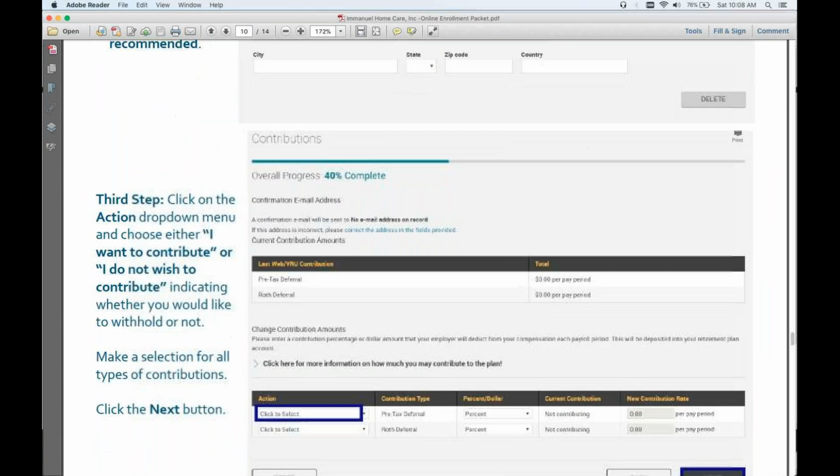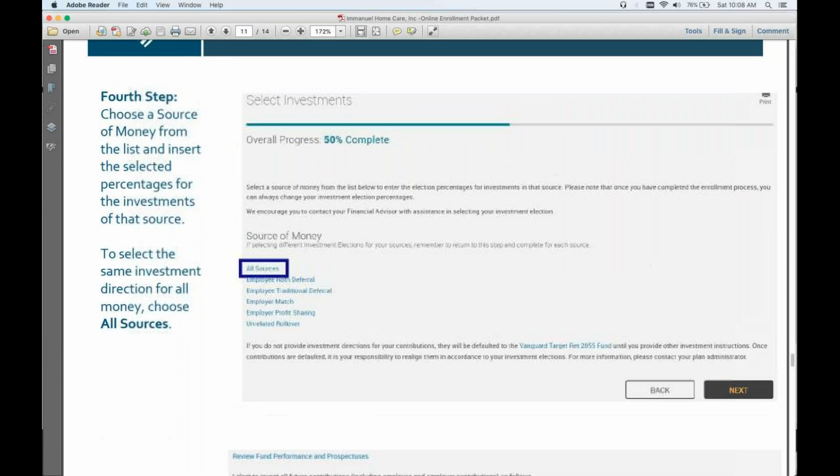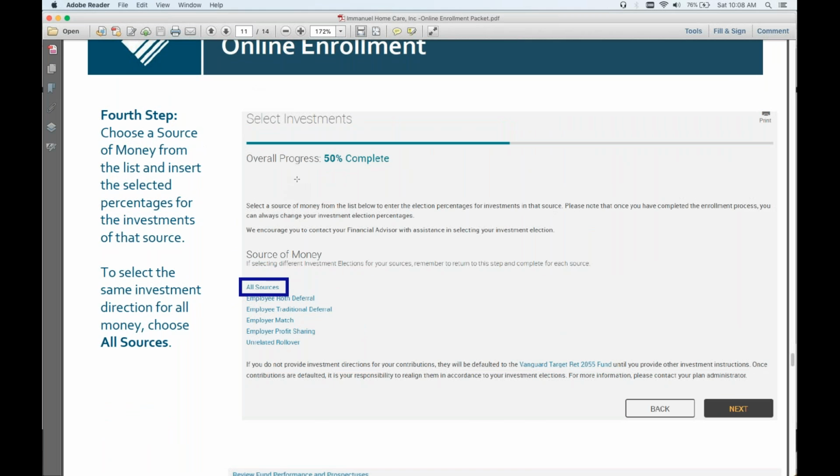Throughout the onboarding process, about halfway through, there's a section where you'll be selecting all sources of money for the investments. So make sure you are looking at this step-by-step guide as you're going through that online enrollment. You'll select all sources of money when you're on this 50% complete step, and then just hit next